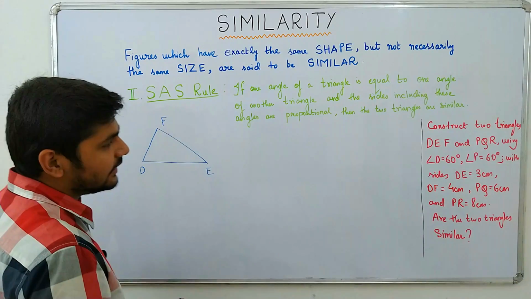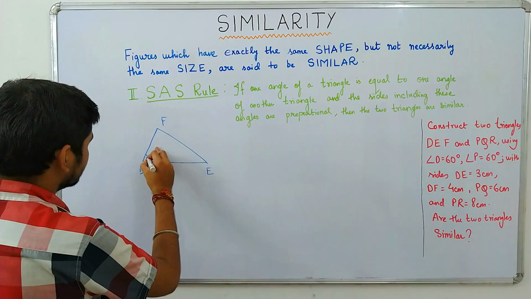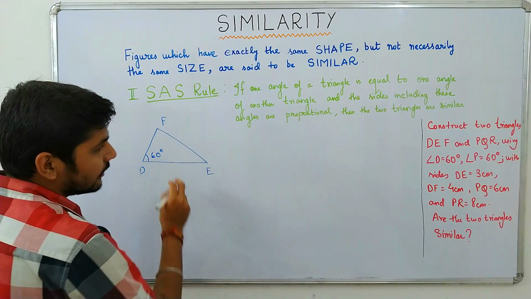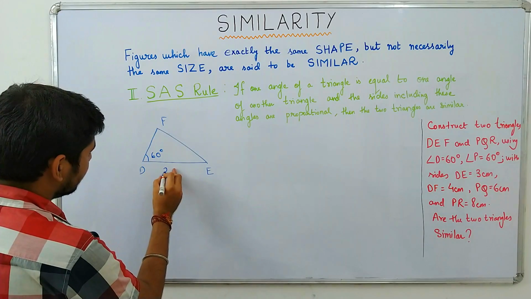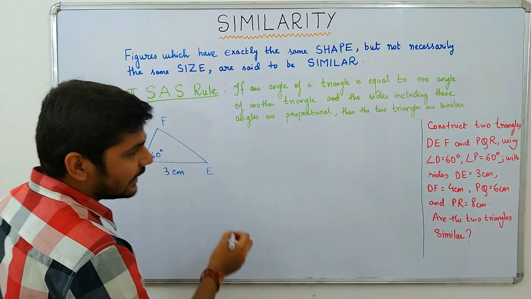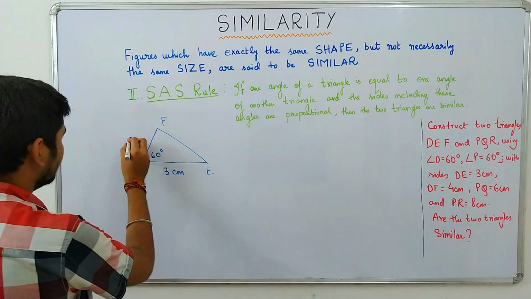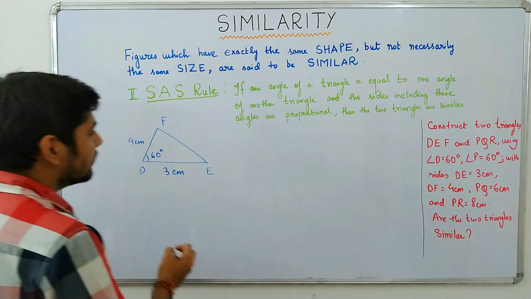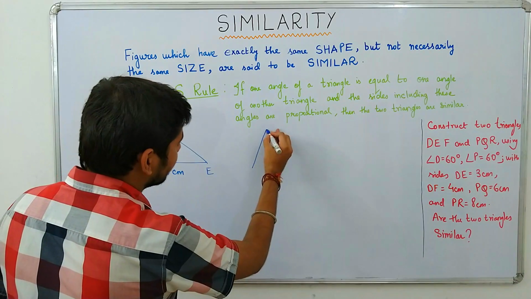DEF. In the triangle DEF, angle D is equal to 60 degrees. The side DE is equal to 3 cm and the side DF is equal to 4 cm. This is our first triangle, and the second triangle